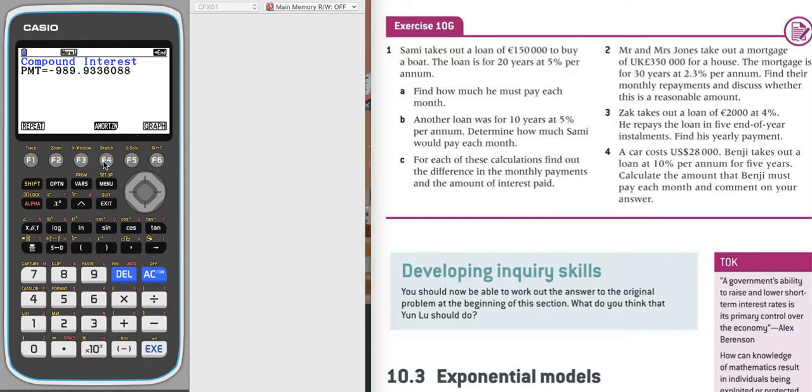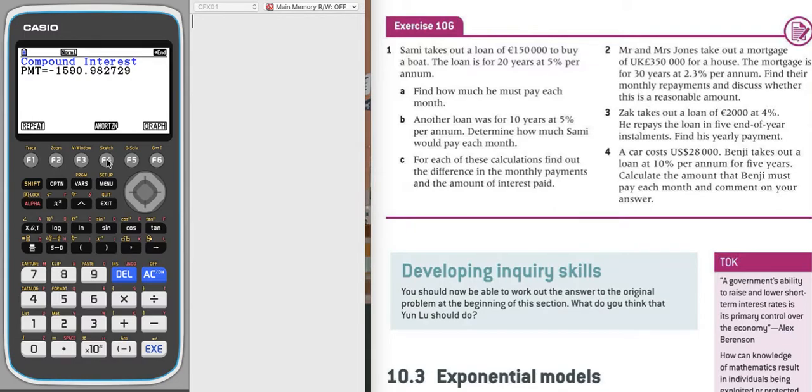Another loan was for 10 years at 5% per annum. Determine how much Sammy would pay each month. So, paying it a lot faster, which has its advantages, but it hurts a little more every month. So if I go back, now the difference is I'm paying it in 10 years. So that'll just be 120 payments. And then the payments will be what we need to figure out. Same situation, though, same setup otherwise. So I'll just go payment, and it'll be